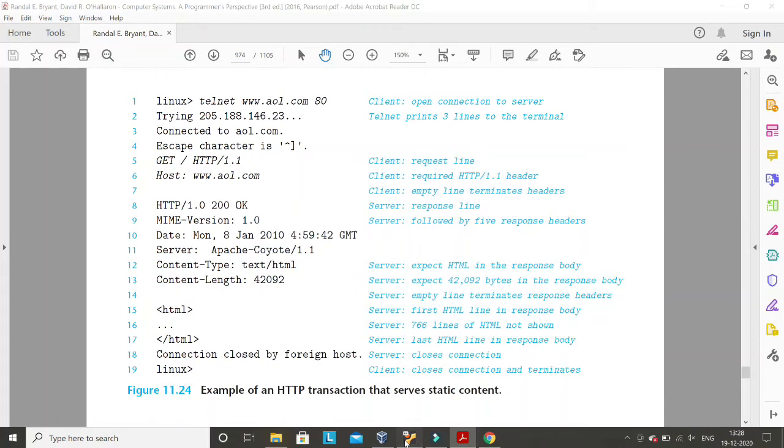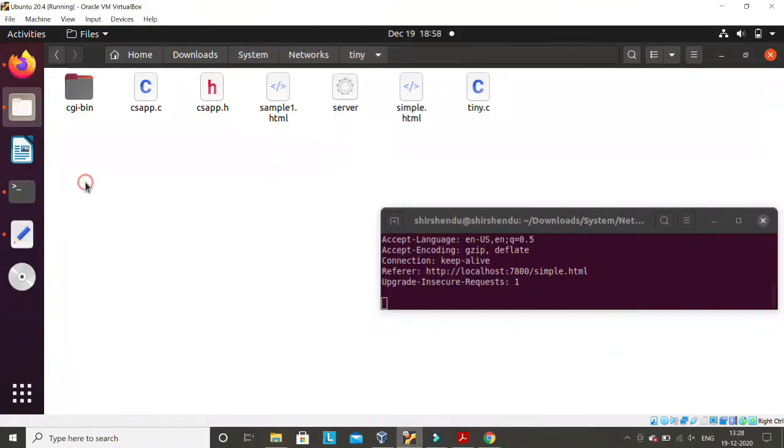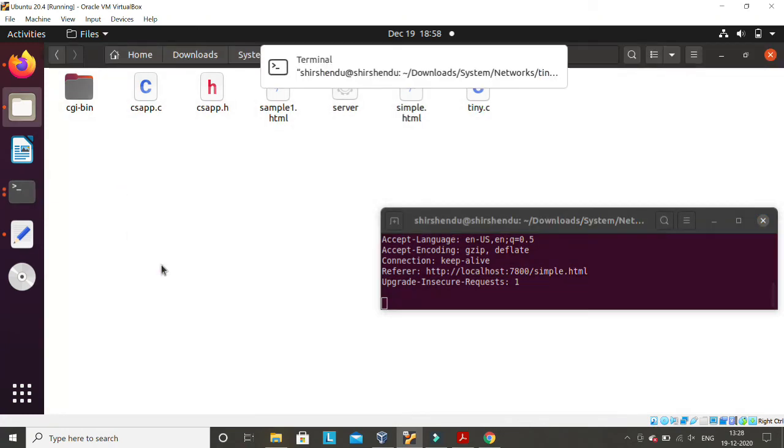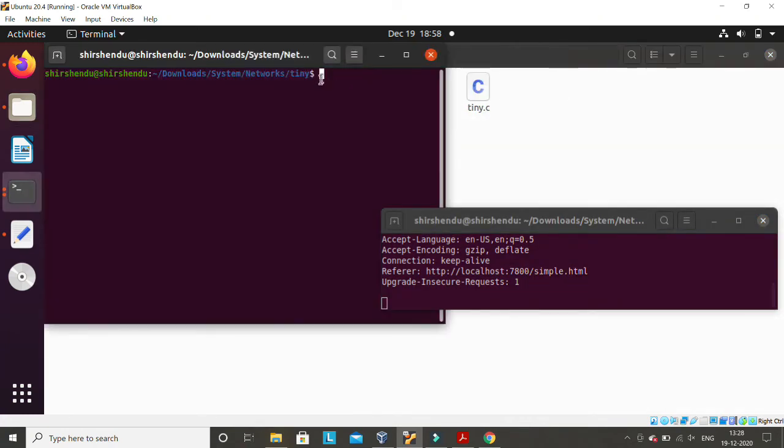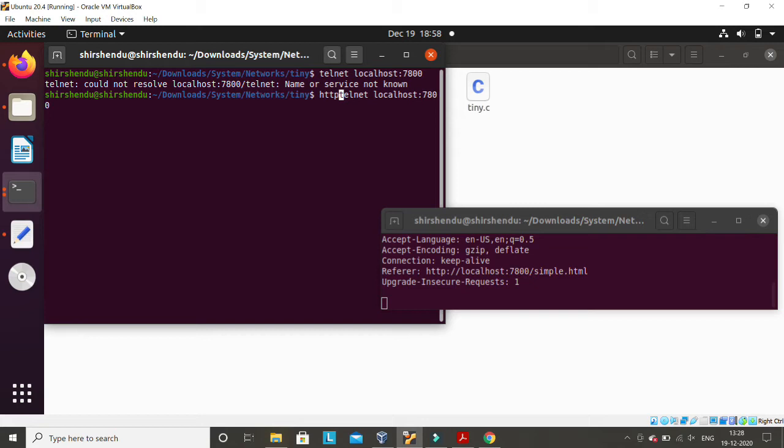So maybe I'll try it here, right? Why not? Let me try it here. Open a new terminal here. Okay, new terminal open. Let me write telnet and then localhost 7800.